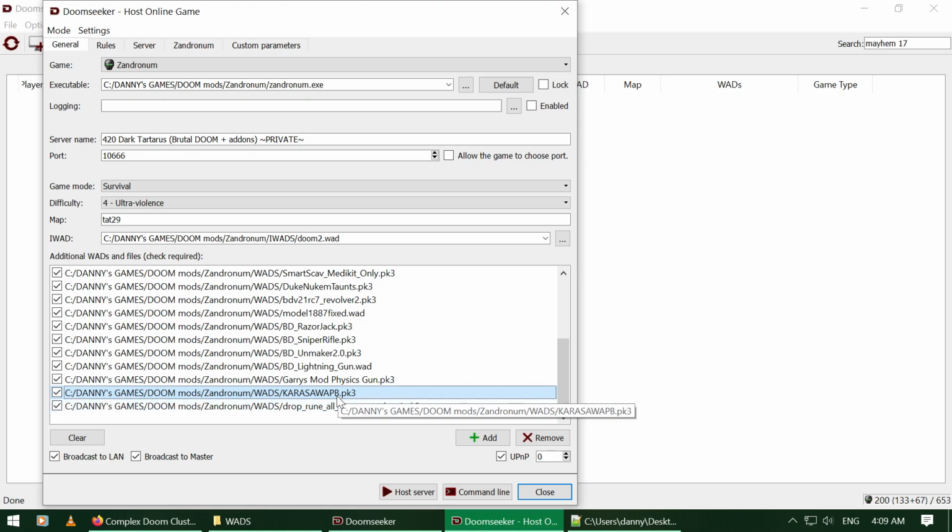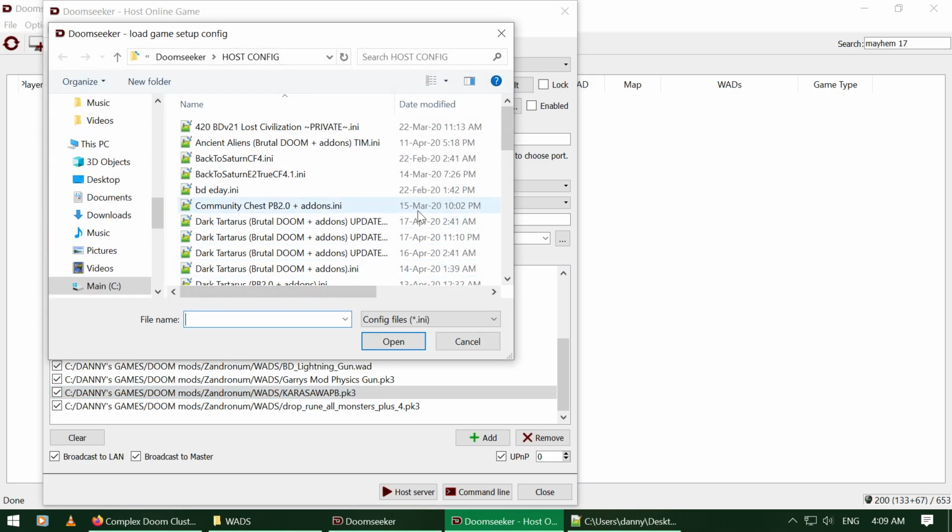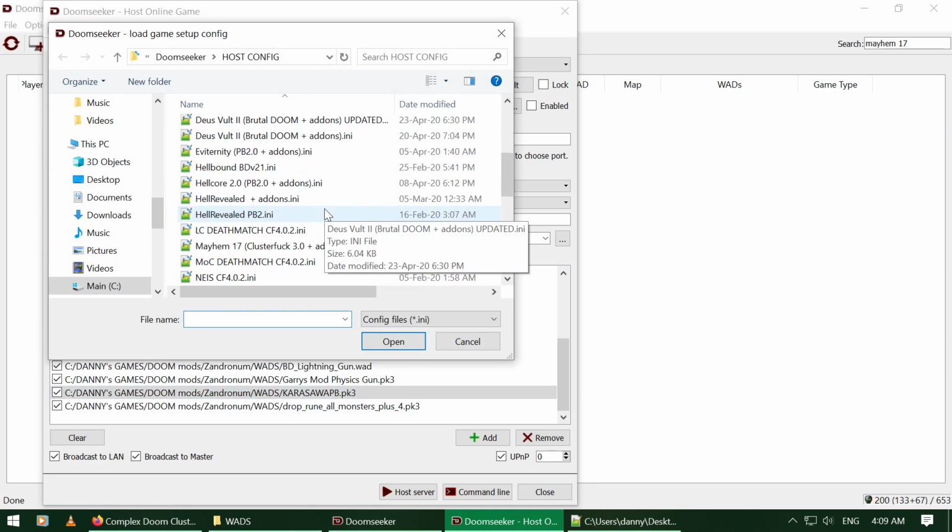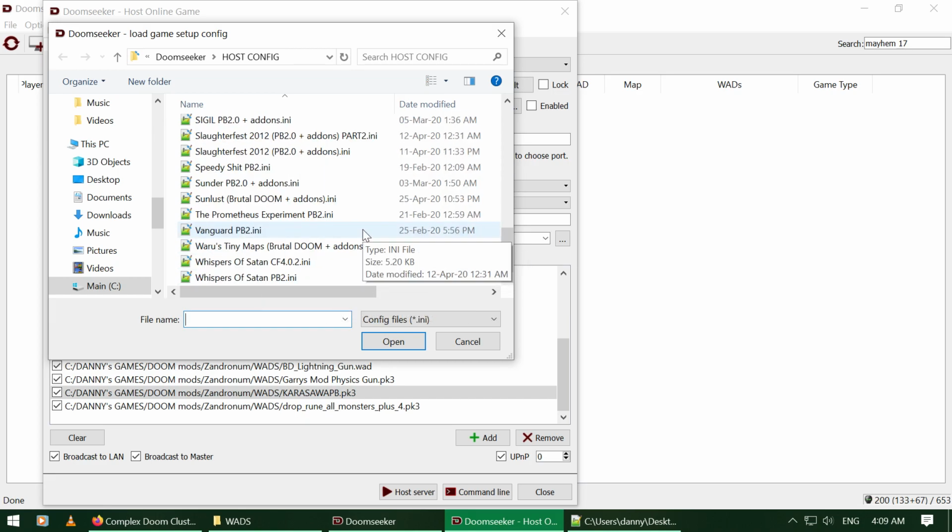A lot of stuff is not compatible with each other, so you'll have to test it to see which ones work. For instance, the Kurosawa here is PB, means Project Brutality. It shouldn't really work on Brutal Doom, but somehow in this setup it does. With the later Brutal Doom patch, it kind of doesn't, so too bad, had to remove it later. You'll have to figure that out yourself. Just add add-ons one by one and test the server, so you know exactly which add-on breaks the server, gives errors or causes crashes. I'll show another setup right here.